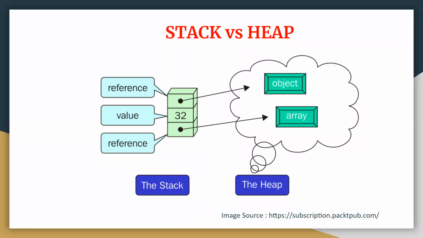Next characteristic is the calling mechanism. In case of stack, whenever a new function is called, we refer to it as a block, and this block is pushed onto your stack along with your local variables and the value the function returns. You can see the example of the stack on your screen. Similarly, in case of heap, the memory can be allocated to unused objects, and these objects are usually referred to as blocks, and they can be freed later whenever required.